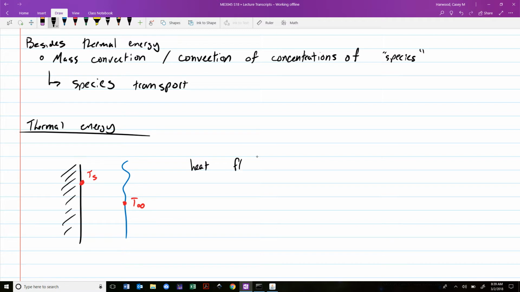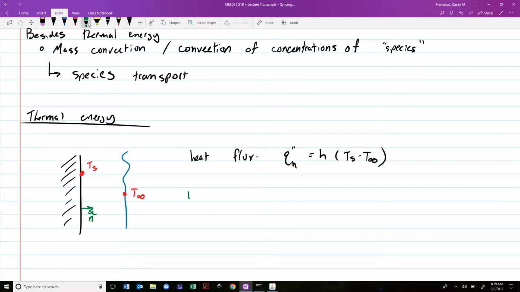So heat flux says that q''_n is equal to h times (Ts minus T infinity), where n is pointing out of our solid object. So this is telling us, right, our signing here says that if the surface temperature is higher than the fluid temperature, heat is going to leave from the solid into the fluid. Makes sense, right? And then the heat rate,